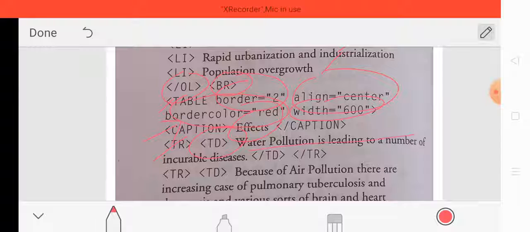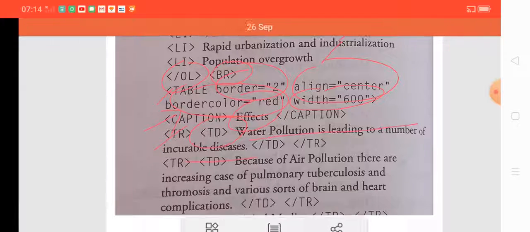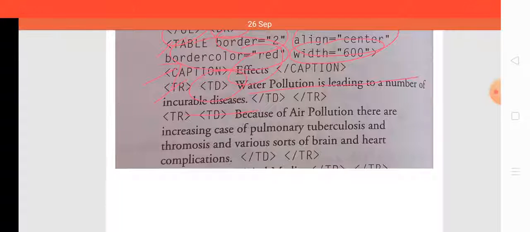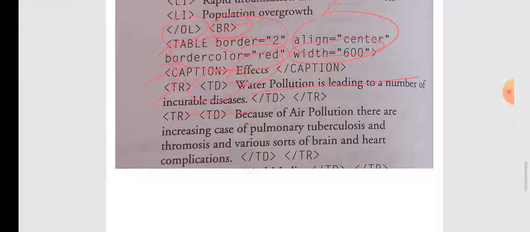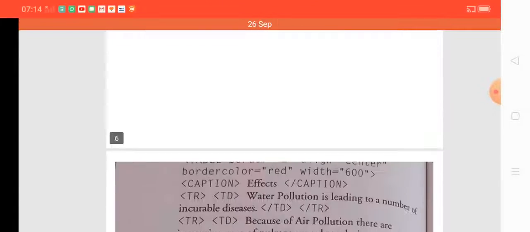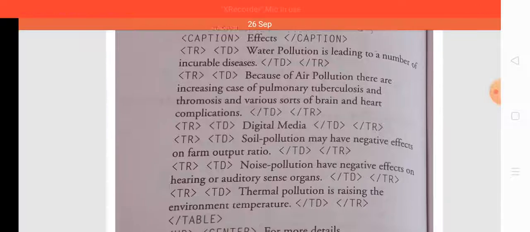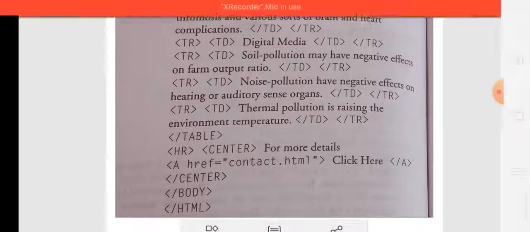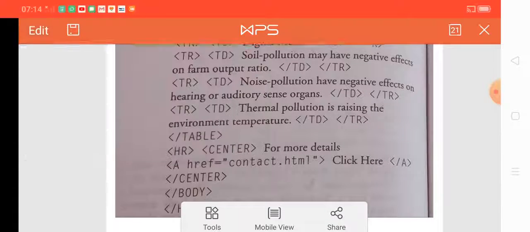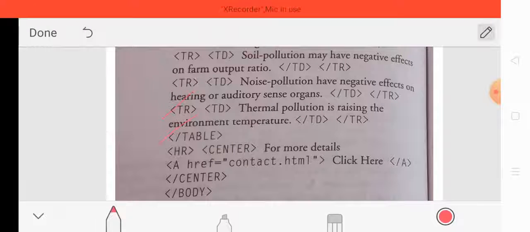That is the content of the first row. In this manner we write different rows. You can easily see that different rows are created, and at last we close the table tag.